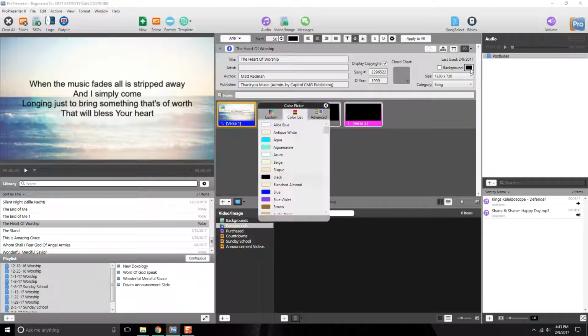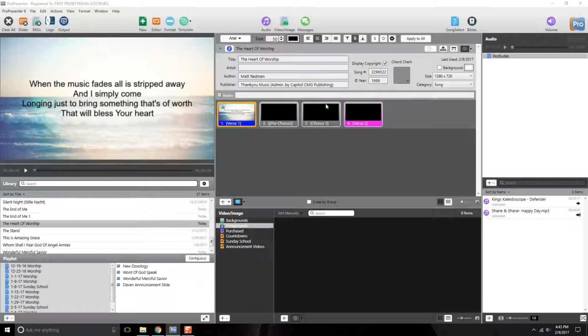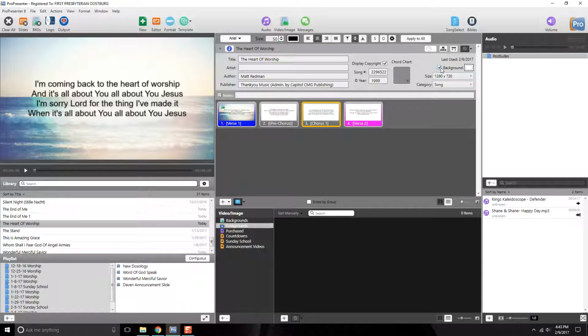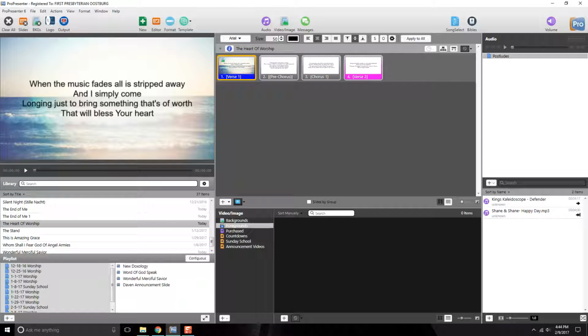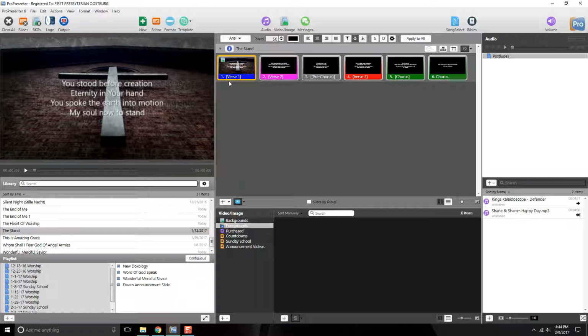So what you're going to want to do is change that black to white, because we want the words to show up, and now just check that to apply that. And now you'll notice that the previews of the slides to come in the song, the black text shows up against that white background, and you can just hide that if you want, and that will be pre-saved. So now if I go to a totally different song in my library like The Stand,